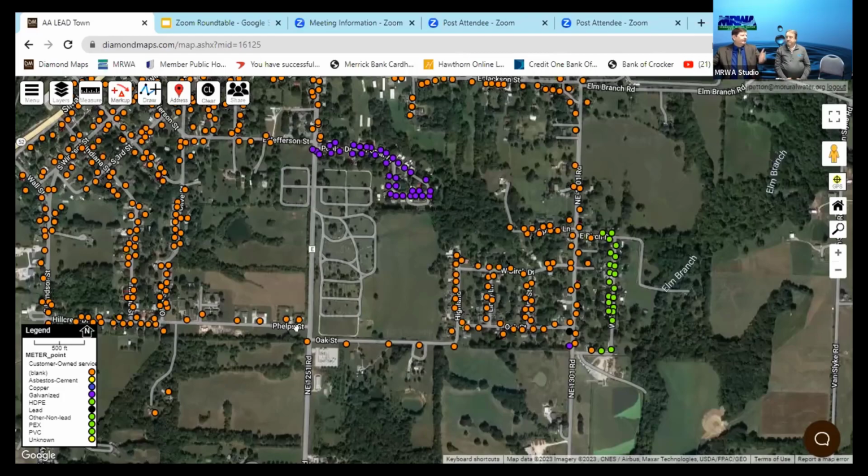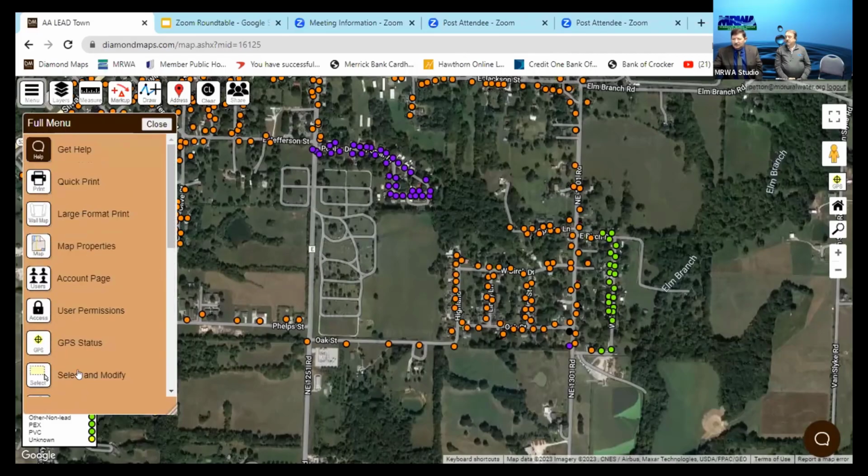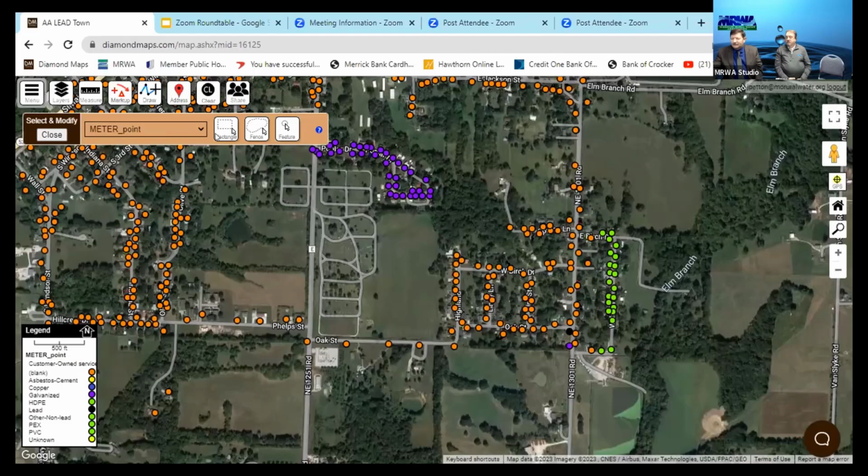We don't have a copper issue. We were actually there. We saw them when they ran the water. We know everything there is to know about this place. It's not going to happen very often, but we've got a little bit. So the real simple part of this is we go up to the menu, run over to select and modify, and I'm just going to draw a square around them. All these houses, I'm going to work on at the same time.